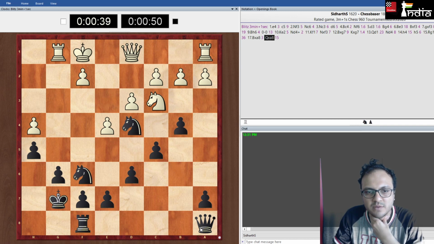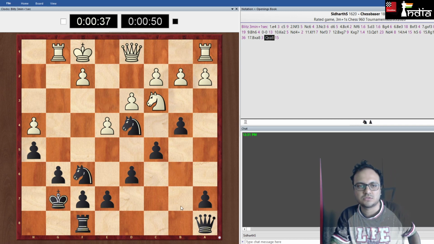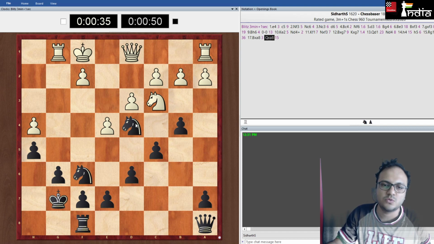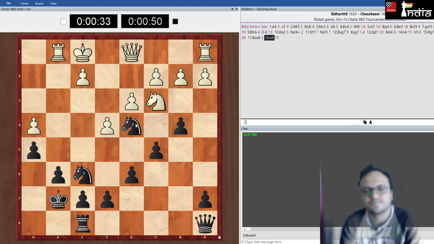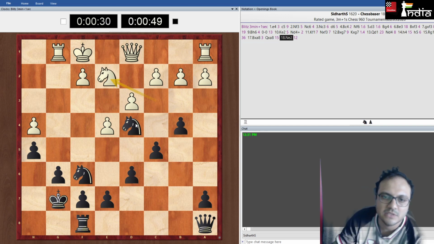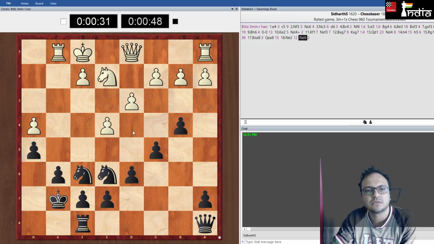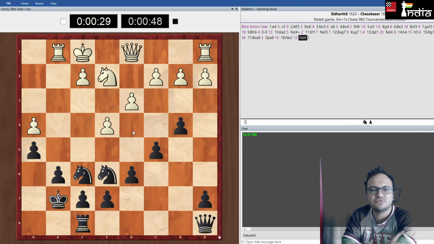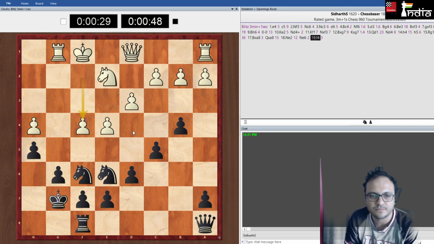Knight e2 maybe looks good. Knight e2, knight e6. Yeah, knight e6, knight g3, f4. Mhm.